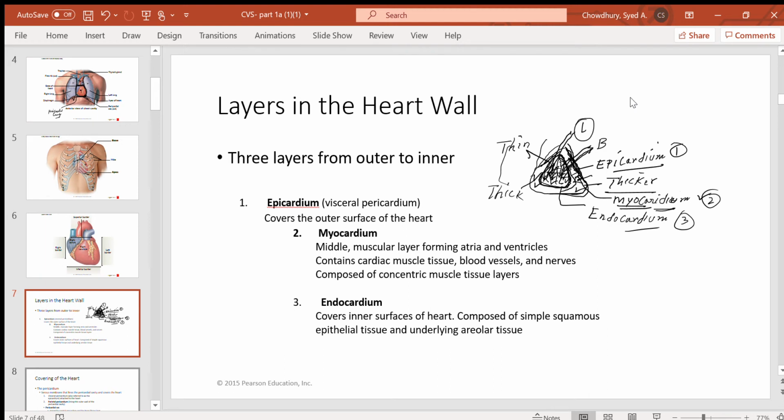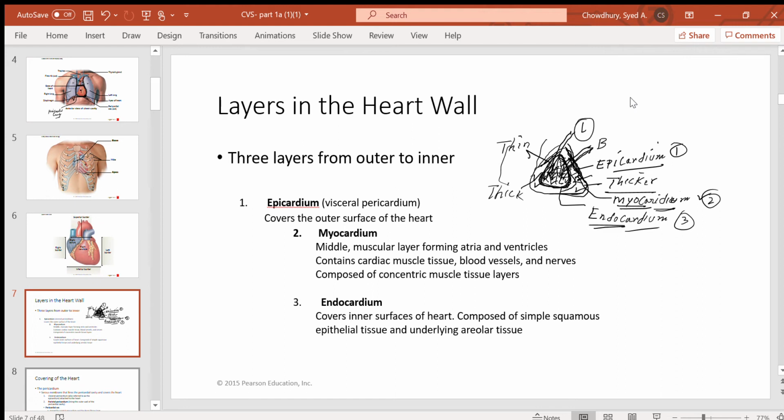Epicardium is actually the covering for protection, and then the endocardium is a thin layer just to make the inner surface smooth. So when the blood flows, it will not cause friction, or it will not get slow. So endocardium makes the inner surface of the cavity smooth for a smooth blood flow. Okay, now